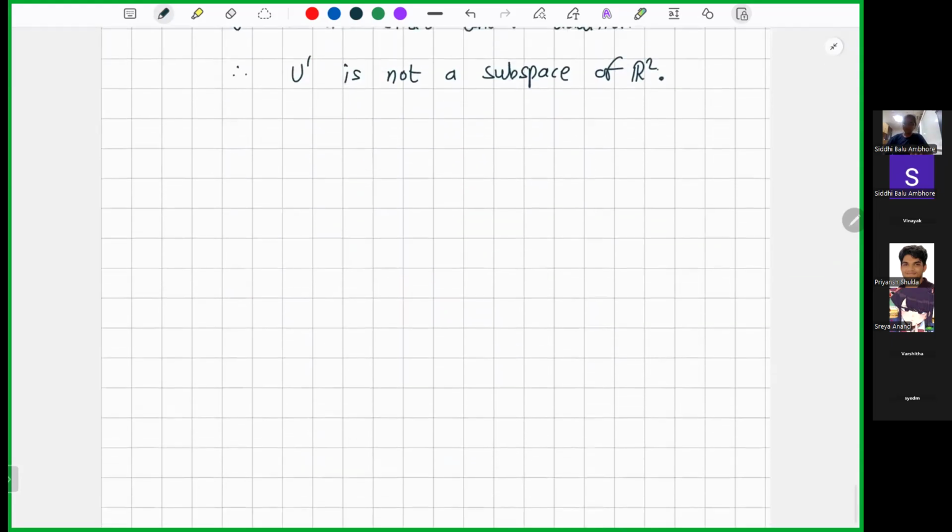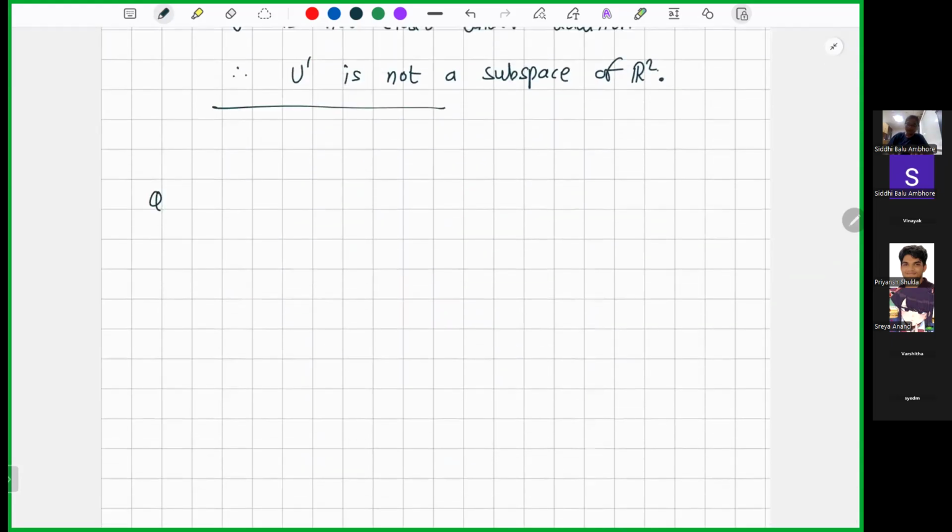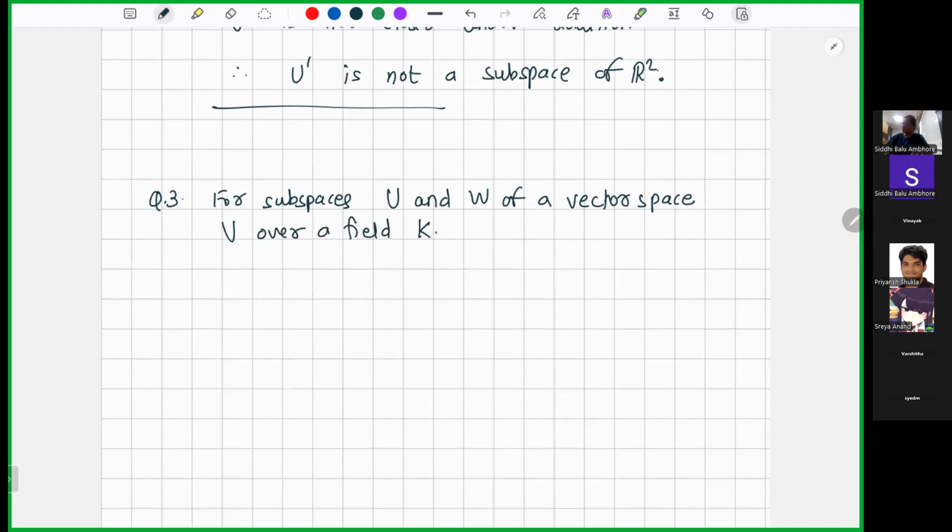Okay, so now next question. So this U dash is not a subspace. So now let us see the third question. So for subspaces U and W of a vector space V over a field K, we have to show that first that the subset V minus U minus W is a subspace